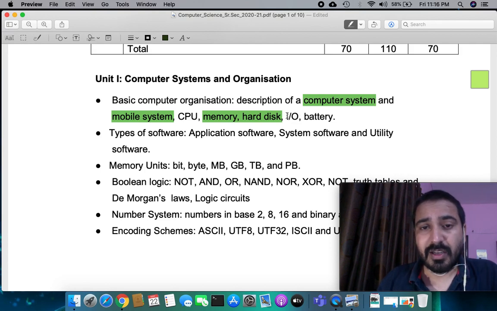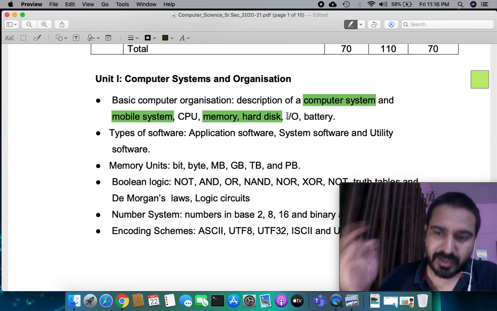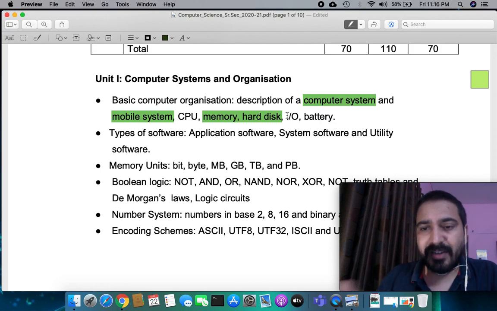Now come to the input part. The input part can be a scanner, this keyboard, this mouse, or some IoT device. Let's say for weather forecasting, you are continuously capturing data from the forecasting centers, and those sensors are sending that data over the internet, and that data is being used by the system for weather forecasting. So IoT units also come under the input unit. But usually we count keyboard, mouse, and scanner as our input unit. We don't go beyond that for school-level stuff.